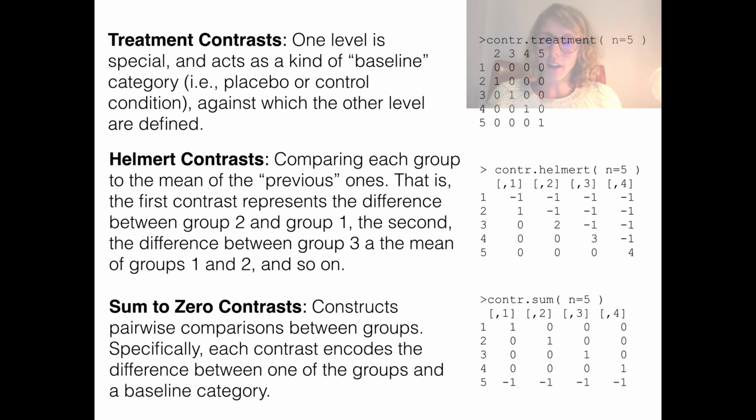And a third kind of contrast we might want to run, depending on our design, is what we call the sum to zero contrast. So we use these to construct pairwise comparisons between groups. Specifically, each contrast encodes the difference between one of the groups and a baseline category. So you might have a scenario where you don't necessarily have a control or a placebo condition per se,